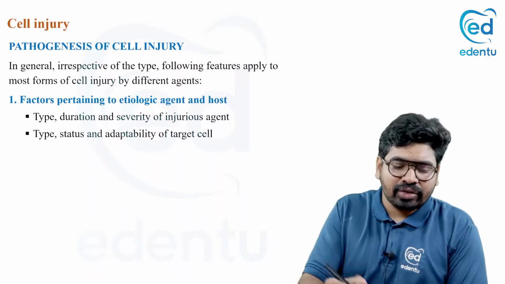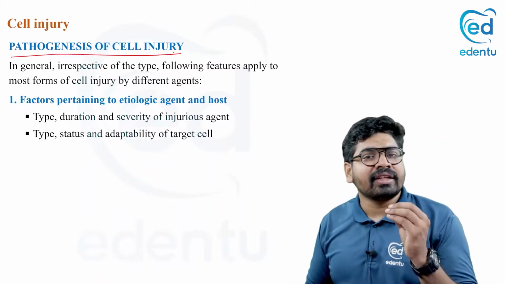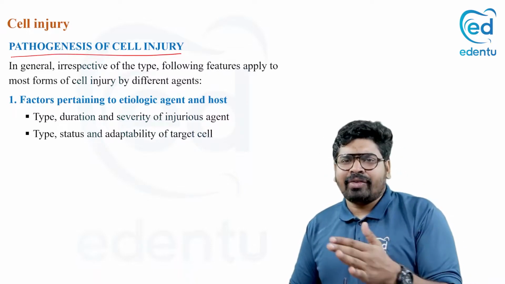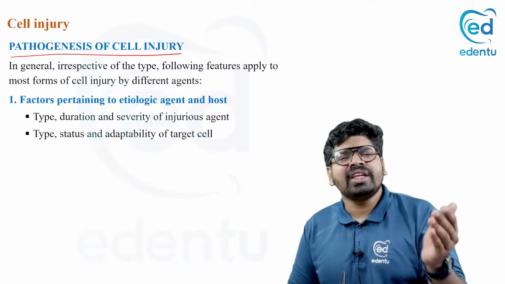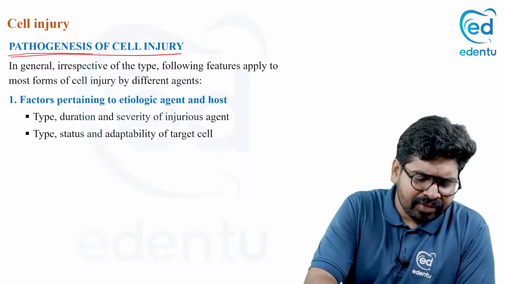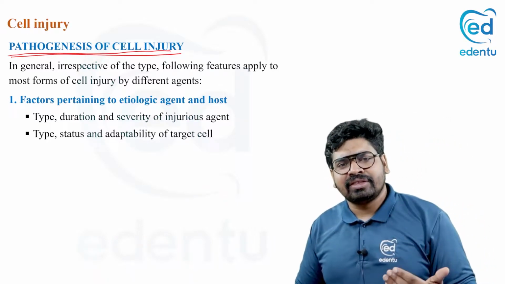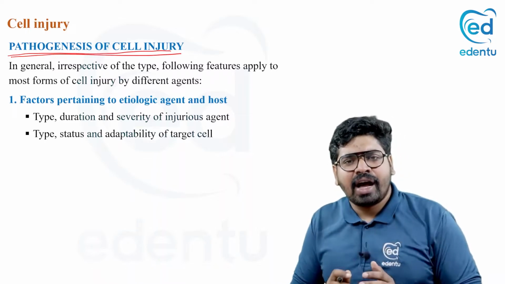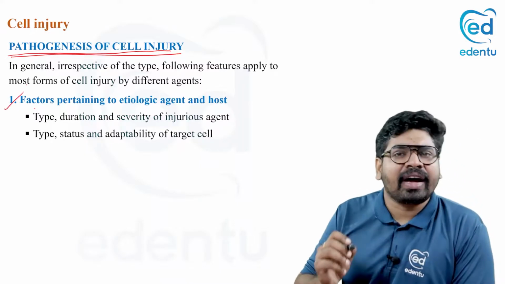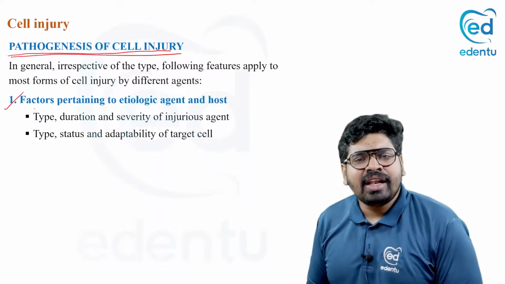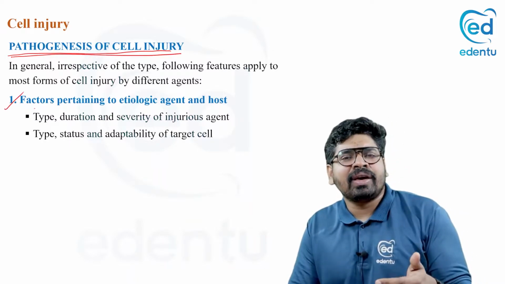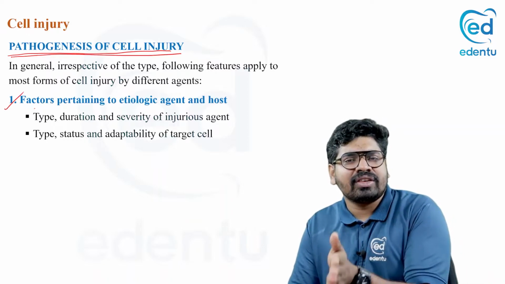Now coming to the pathogenesis of cell injury, what really happens in cell injury? So far we have seen what cell injury is, what the genetic and acquired causes of cell injury are, and each individual cause. Now, whatever the cause is, what really happens in a cell, how does cell injury occur? Cell injury actually depends upon certain factors. Each cell has its own way of getting injured, and the injury suffered by one cell is very different from the injury suffered by another cell.